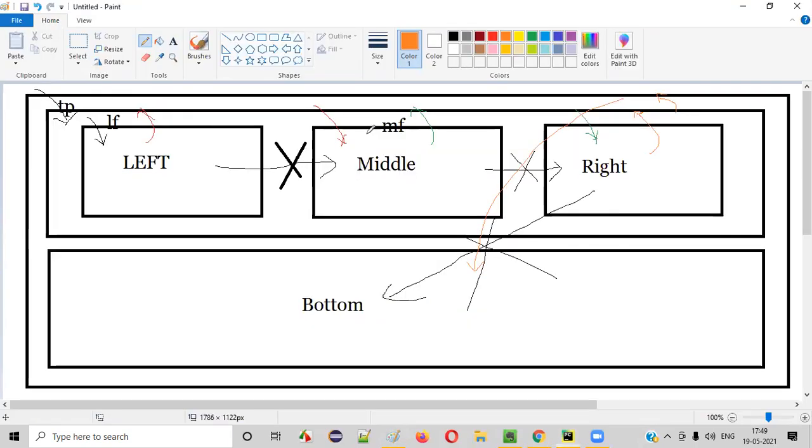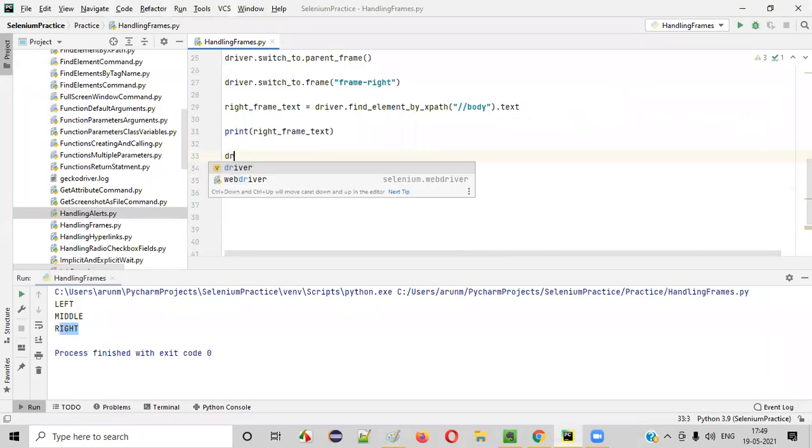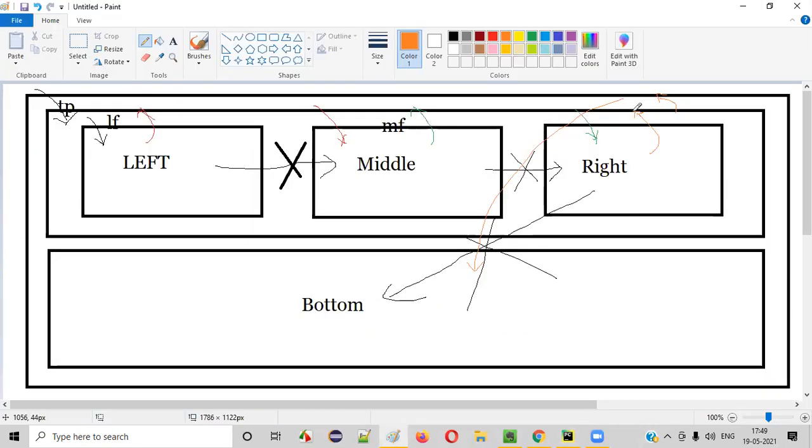So here, first thing is we have to switch back to the parent frame. How to switch back to the parent frame? Simple. Driver dot switch to dot parent frame. That's it, right? It will take you to the parent frame, this top parent frame. From top parent to bottom parent is not possible. Okay, these are sibling frames, guys. This connection is not possible. Okay, sibling to sibling switching is not possible between the frames. So we have to go to the top level than the siblings.